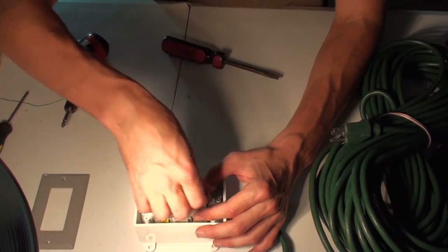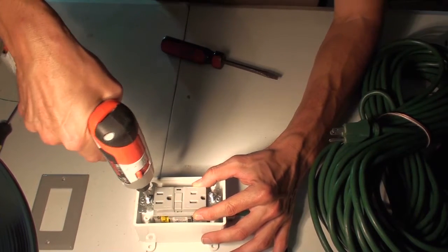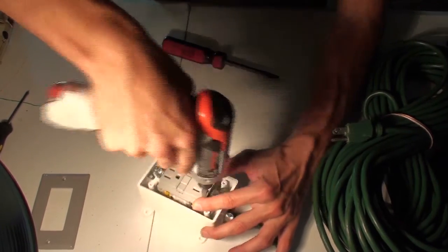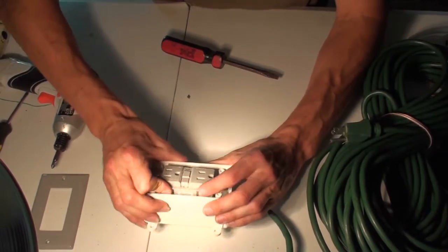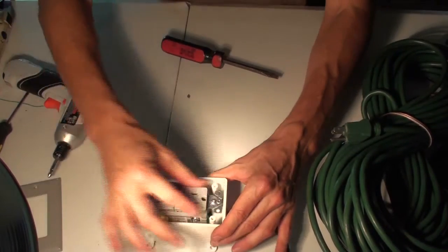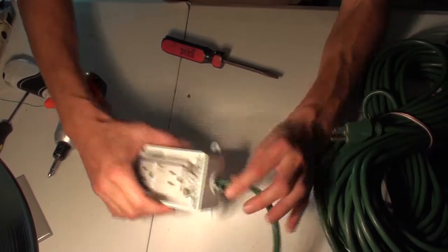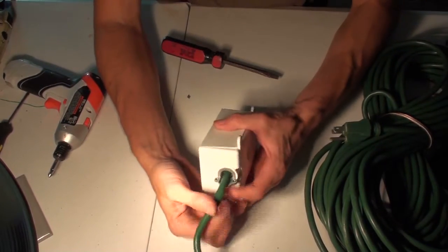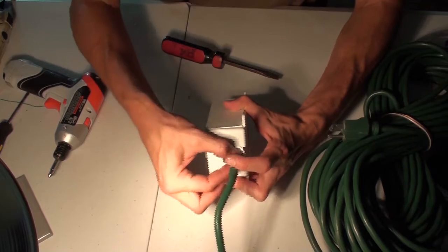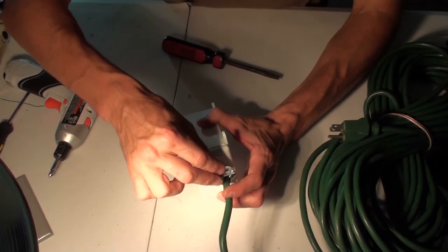We have two screws that hold the GFI unit into the box. So now the GFI unit's going to be firm in place. Make sure it's lined up correctly and then tighten your screws. You want it to be lined up in the middle so the faceplate goes on properly. And then we're going to go ahead and make sure that there's enough slack above this metal collar holder, and make sure that it's fairly secure in there. And then we're going to take our metal collar, which is the top of the plug that's going in,